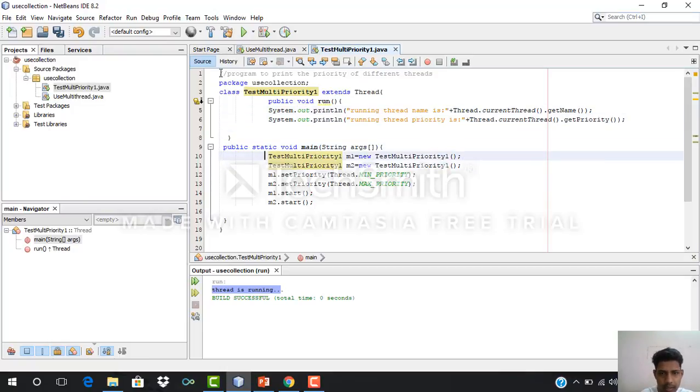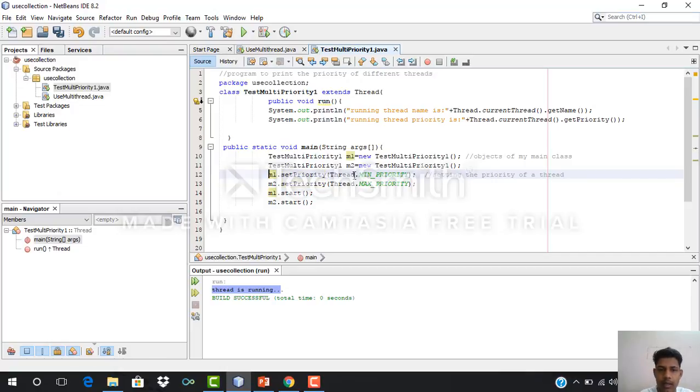I am creating two objects of my main class, and then setting the priority of a thread with the help of Thread.MIN_PRIORITY and the setPriority function, which is invoked with the help of the object of my main class,